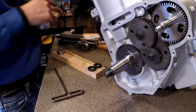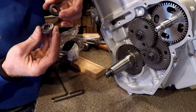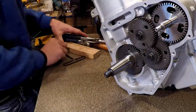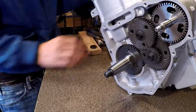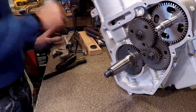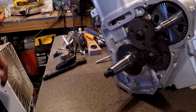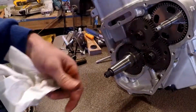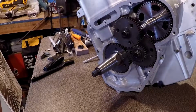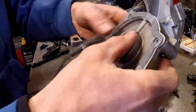So we're going to put our old stuff away here, so we don't get it confused with the new stuff. Get a few things cleaned up here real quick. Tidy up your workstation, folks. Okay, so we got that new seal installed here, and